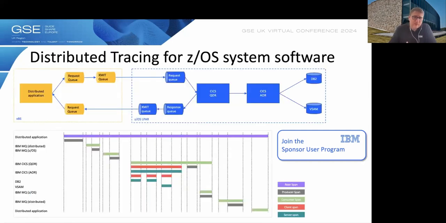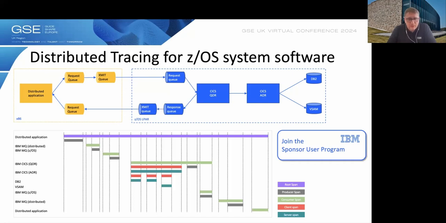And if we take this one step further into the context of distributed tracing, what would that really imply? If we are looking here at an example where a request comes in from a distributed application in the x86 environment, it goes through a queuing environment, and then enters the mainframe via a queuing environment, and finally lands in CICS, and it does some processing on DB2 and VSAM. What that essentially implies, and this is rather a schematic depiction here, is that we want to see